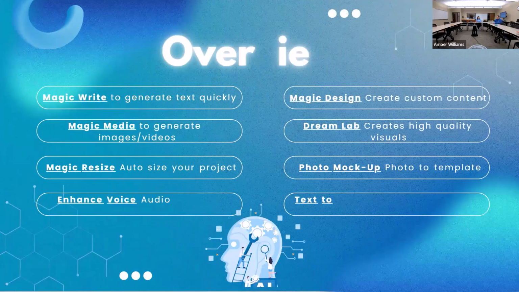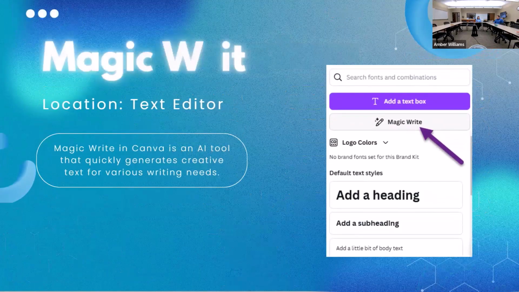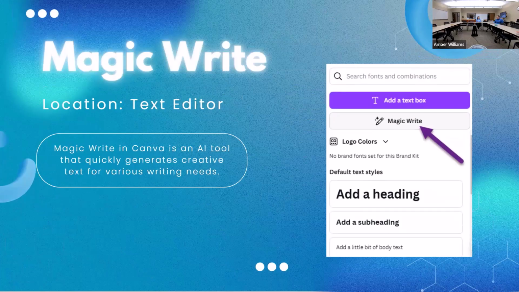So here's an overview. I'm not going to read all of these out loud by any means, but I have 8 different AI features, and then I have a bonus one at the end. You can see that a lot of times when Canva is referring to their AI tools, the nomenclature they give them is the magic. So Magic Write, Magic Media, Magic Resize. So if you're seeing the word magic when you're within Canva, chances are that's an AI feature that you're utilizing at that time, okay? So let's get into our first one, which is Magic Write,